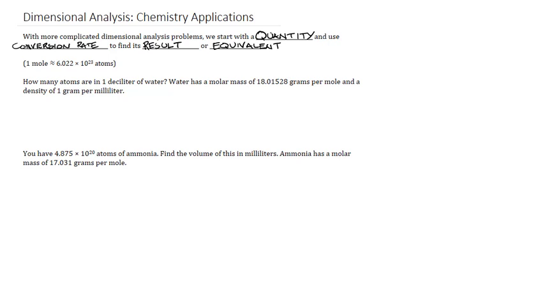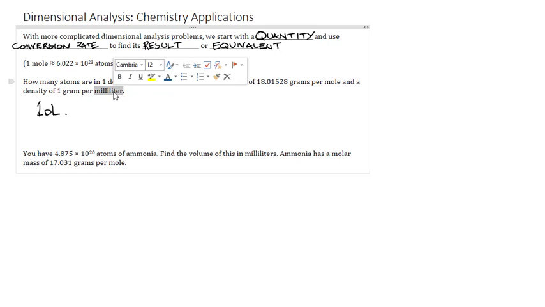A good example of this is molar mass, where we look at a mole in terms of a set number of atoms. And so knowing the number of atoms can be very useful for a variety of chemistry applications. So if we start with 1 deciliter of water, we can actually use some dimensional analysis to figure out exactly how many atoms are in that deciliter. To do that, in this case, we know that our molar mass is in milliliters, so our first goal is to get these deciliters into milliliters.